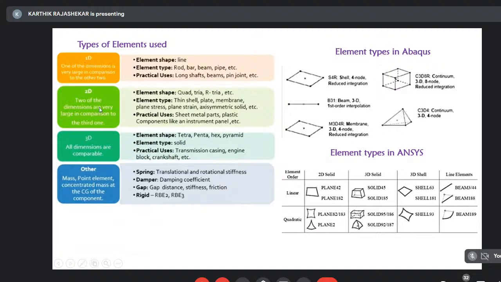Not only these, you have different types of other element types which are used in other CAE softwares. If you go for element types in ABAQUS, you might have seen the previous lectures on ABAQUS. These are the different element types which are available. We can have a shell element, we have a 4-noded continuum element. If you are trying to solve a beam problem, say for example, you would specifically go for this